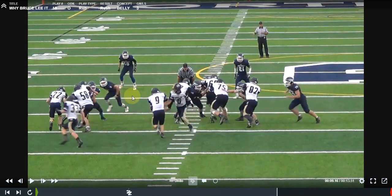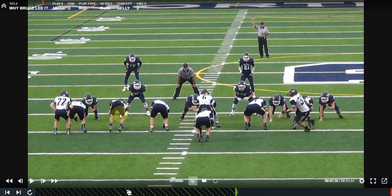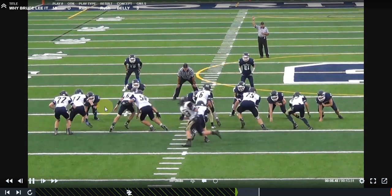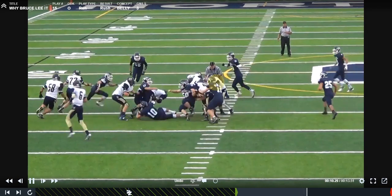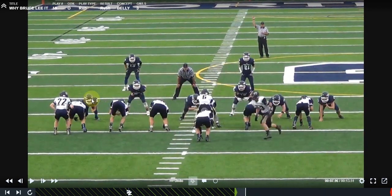You end up with this crease that allows for run-throughs, and we don't want any of this air here. So what we do now is we have this guy flat as heck, working to that backside linebacker, and really taking all the air out of this gap. Because we were man blocking this, you have all this air. It makes it easy for a linebacker to fit,